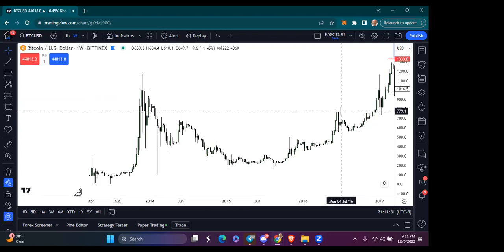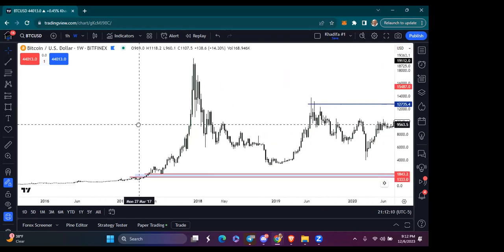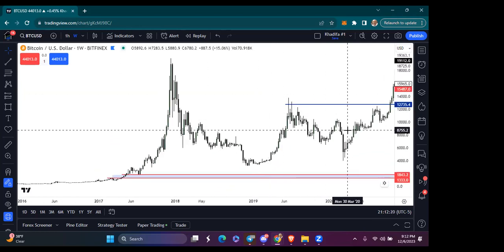So the price of Bitcoin at the first halving was only $12.30, and at the second halving, it was $680. Let's move forward. The price of Bitcoin at the third halving, which was May the 11th, 2020, right here,